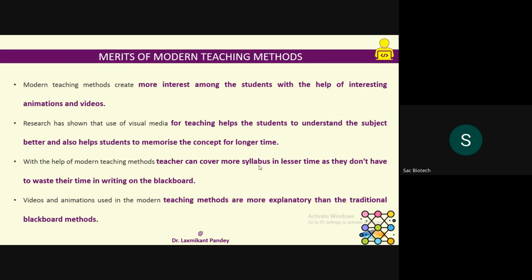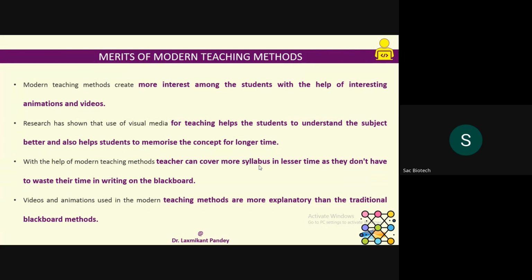And if you look at some other merits of the modern teaching method, as I mentioned over here, the teacher can cover more syllabus in lesser time, as they don't have to waste their time writing on the blackboard. Yeah, it's a very good thing, because nowadays, if you look at the semester system in the colleges, you have very less time for the teaching. The semester system is a 6-month system. So in that, 1 or 2 months, 1.5 months are going for the examination, like the semester examination. There is a practical examination, and after 1 month we are starting our classes. So in that way, you are having very less time to